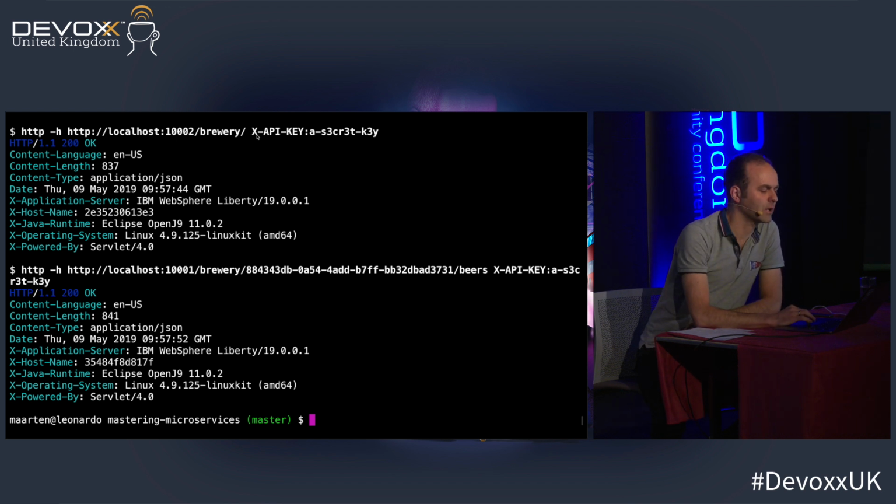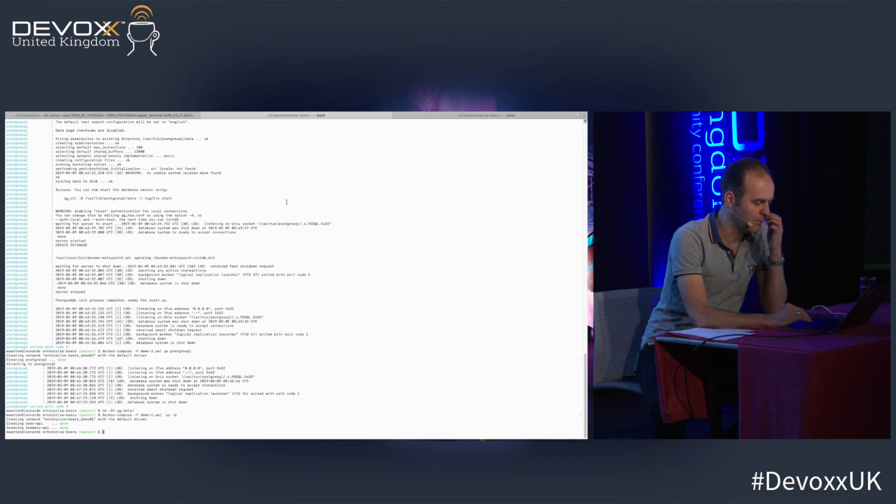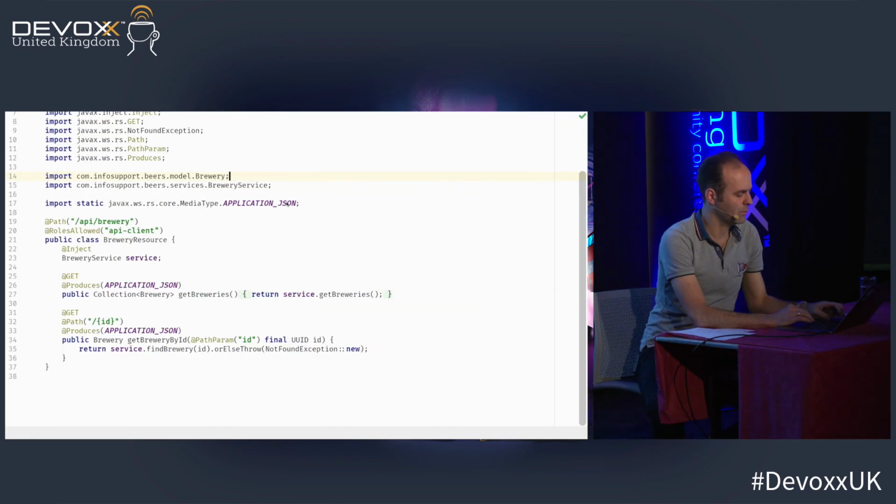So I require my clients to give an API key. Well, the key itself is not very important at the moment. Let's just say it has this value. But how do I enforce that? Well,